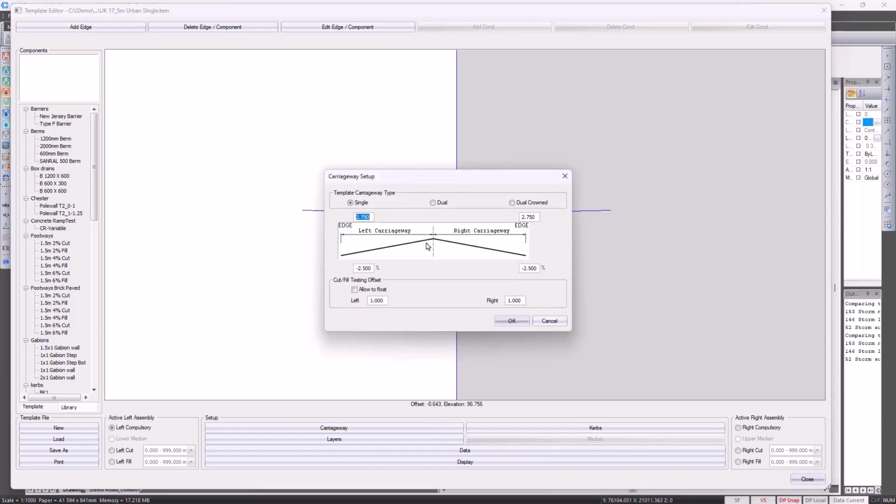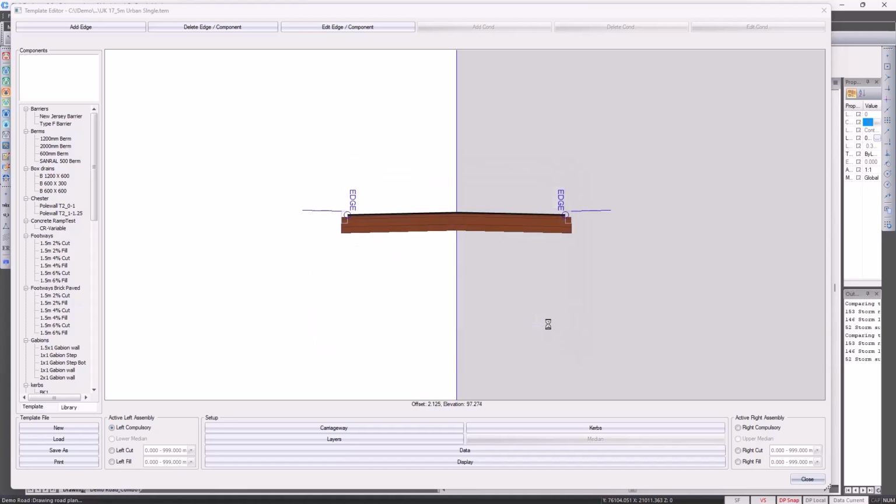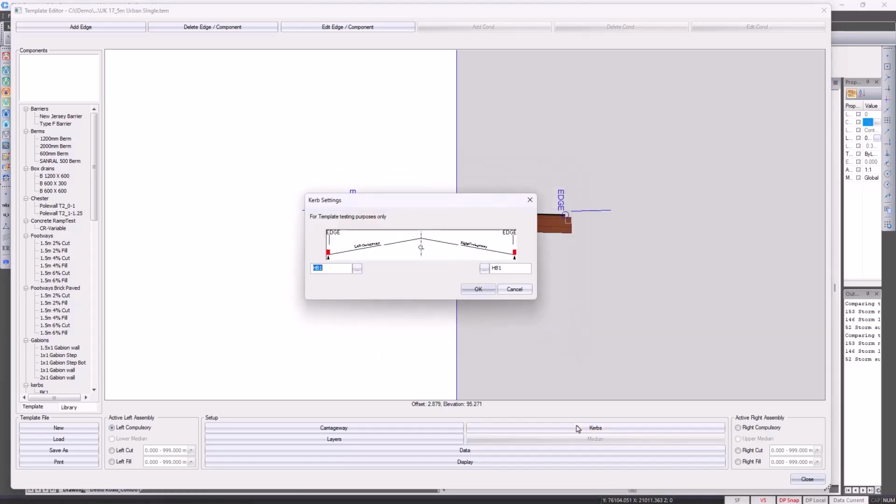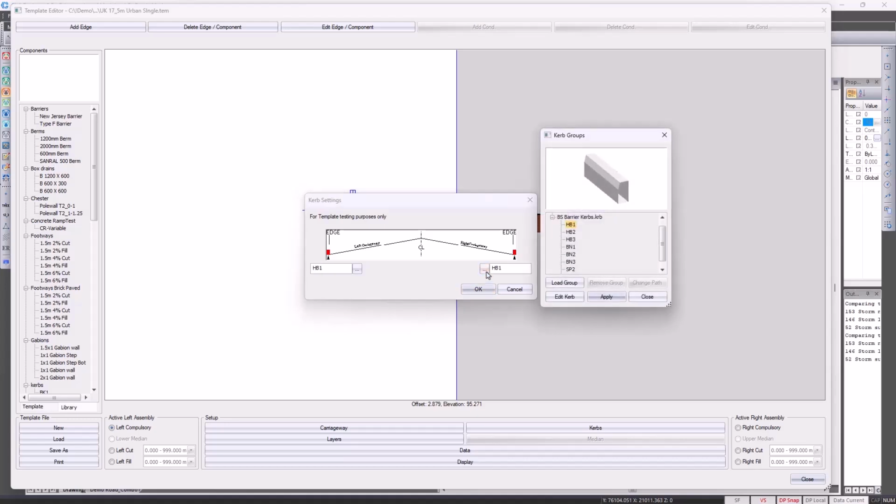It's very easy to swap between a single or a dual carriageway. Within Civil Designer, you have the option of using 4 different grades if you choose a dual crowned template. Looking at our curbs on our roads, we've got a whole library of curbs that are built into Civil Designer